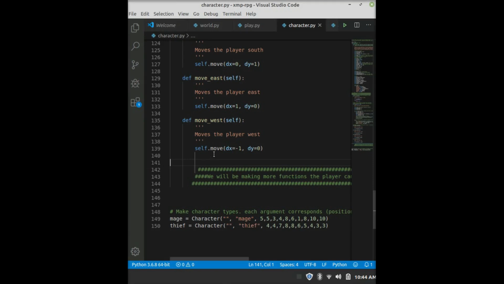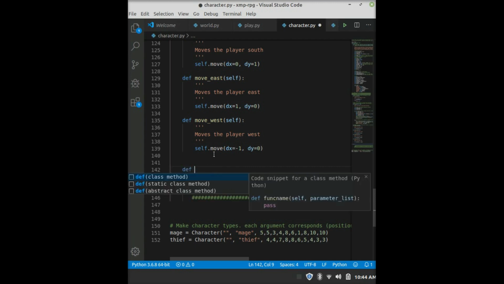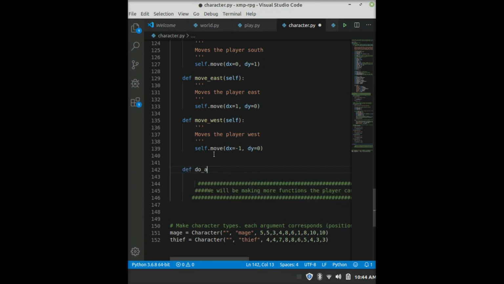Hello. Today we're gonna finish up the actions, at least just for movement. And then we're gonna make a couple items. So, in your character.py, just underneath all your movement functions, what we're gonna do is define a function called do